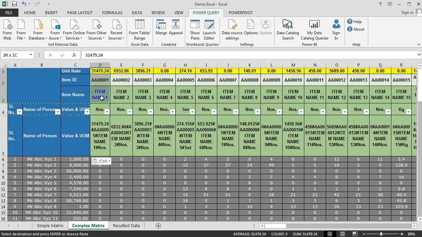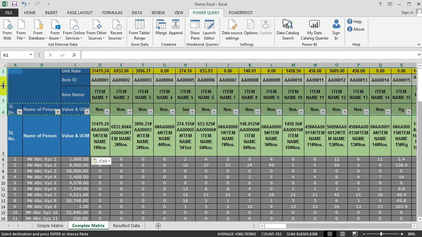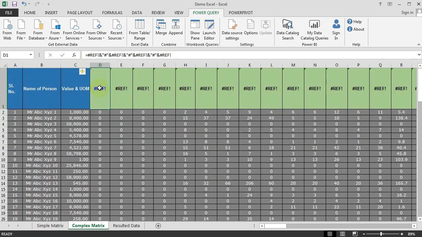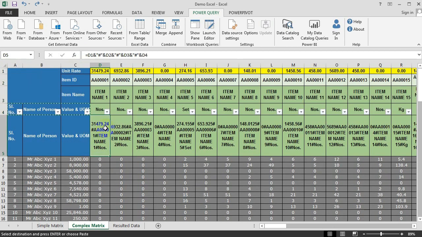And these four rows are not required. I need to delete this. But if I delete this, I get an error here. So let's try once. Yes, it performed the error. Undo the step and I need to paste as value.